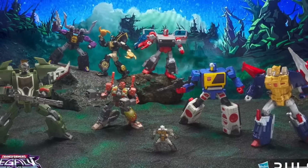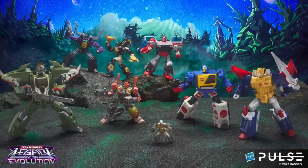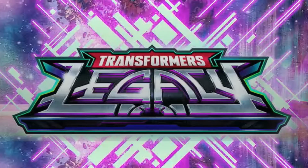And then we have an image of everything that was showcased for Legacy Evolution Wave 2. Looking pretty sweet. Now we jump into some of the pipeline reveals. Now this is something that I've wanted the Transformers team to do for so long. I think they do it for Star Wars, and I'm pretty certain they do it for G.I. Joe Classified Series 2. And it's awesome, you know, it basically confirms some of those leaked listings that have been